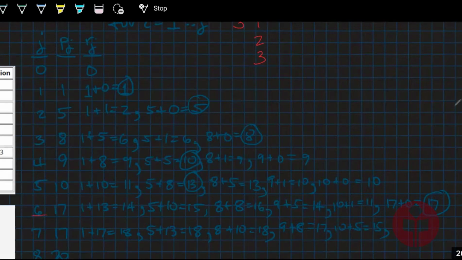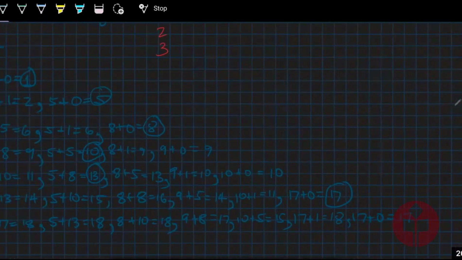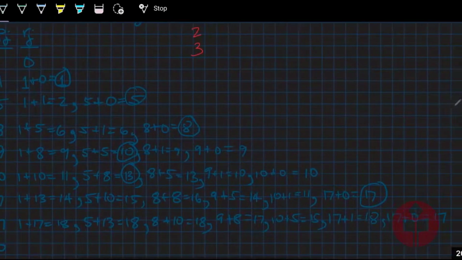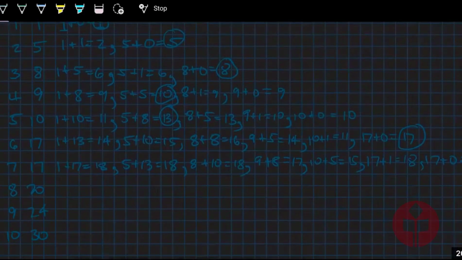Sixth calculation is 1, 2, 3, 4, 5, 6. That's this. So that's the 6 and the 1. No, not the 6. The 17 and the 1. And then finally, the last calculation is the 17 and the 0. So looking at our list of numbers, it looks like the largest value we have is the 18, the first